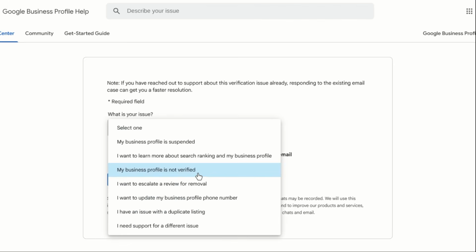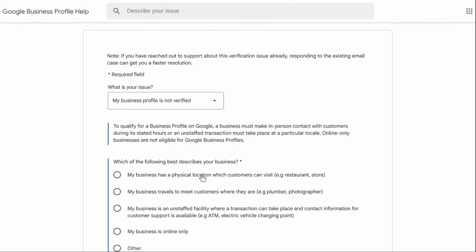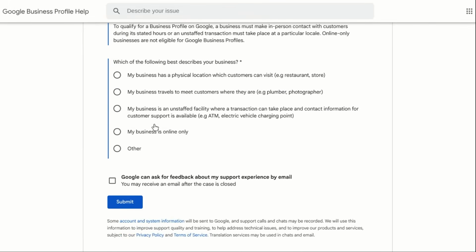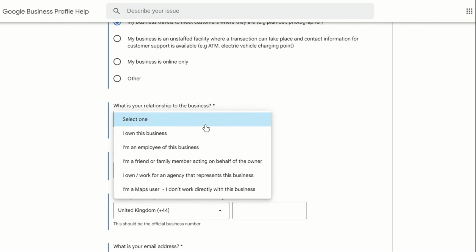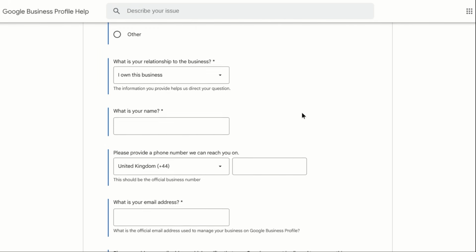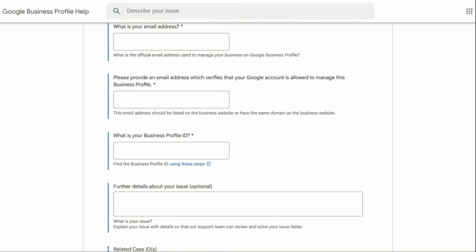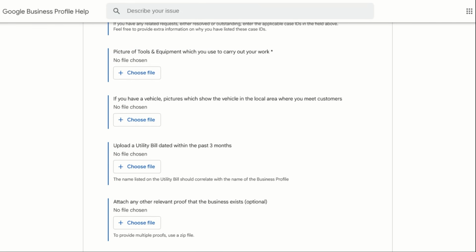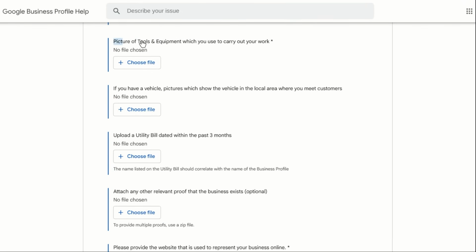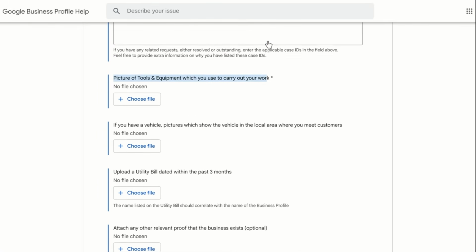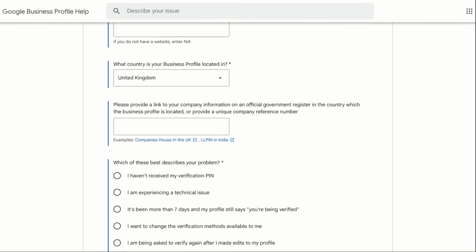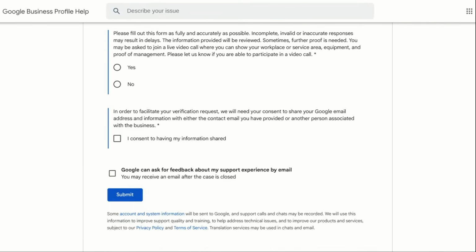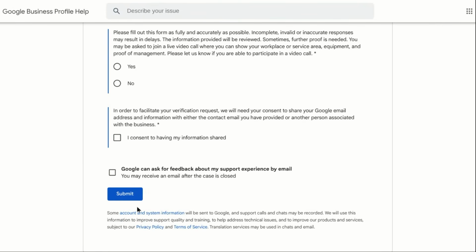So you can see my issue is that my business profile is not verified. I'm confirming that I am a service area business. I own the business. And you can navigate through this, filling out the information that is most suitable for the business that you're referring to. The more information you can provide us about how you carry out your work to help us verify you, the better. And then when you pan down to the bottom, you can hit submit